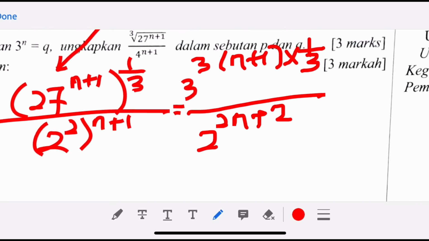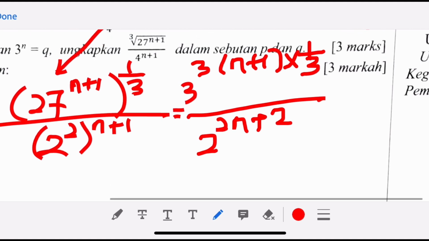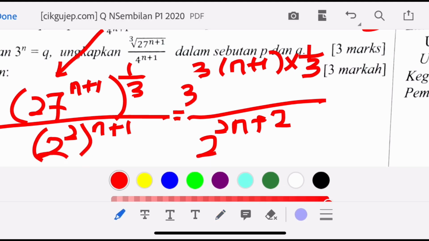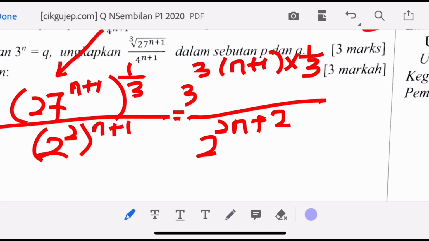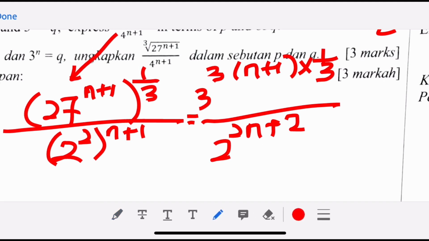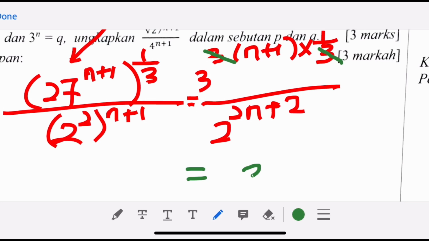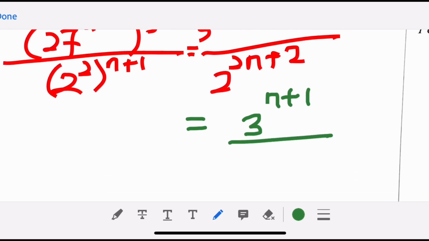So now we almost get the pattern that is almost the same as what is given. You are given 2 power n and 3 power n, right? So now we need to simplify further. We can cancel out the 3. Okay, so we are having 3 power n plus 1 over 2 power 2n plus